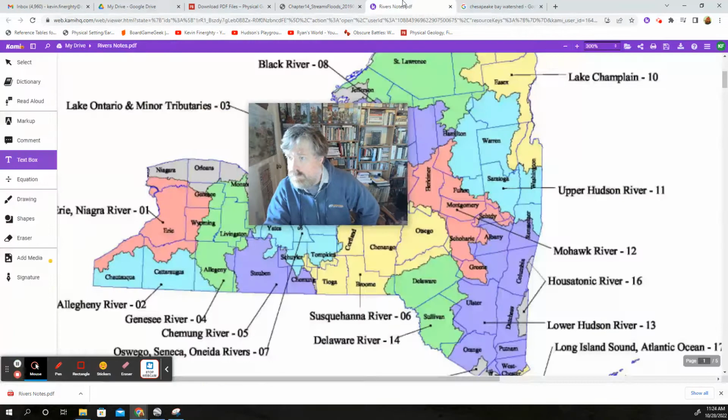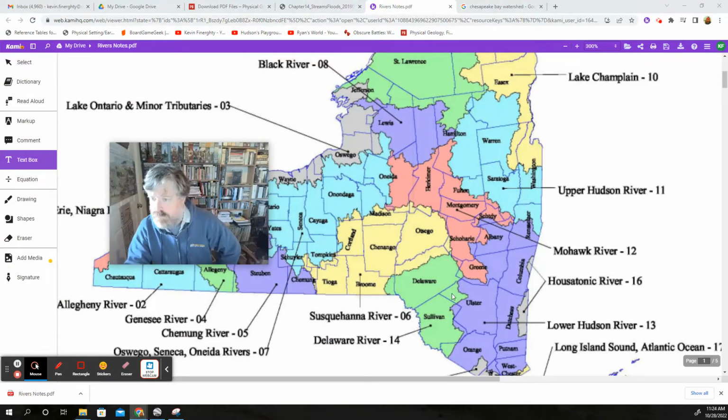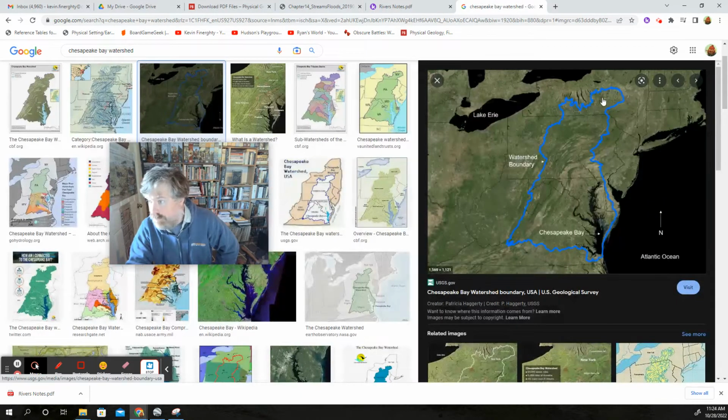Going back to our notes here, this line right here, and Tully, New York, just happens to be at that spot. South of there, water flows south. North of there, water flows north. But that water that flows south, consider everything that's going on in that whole area, actually flows all the way down to the Chesapeake Bay. They've had problems here, a variety of problems for a variety of reasons, with the watershed,